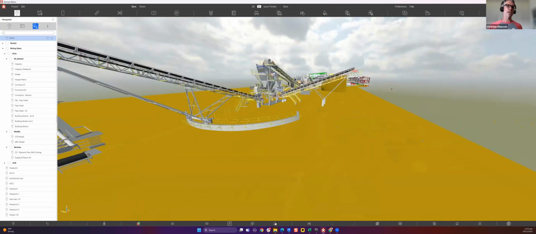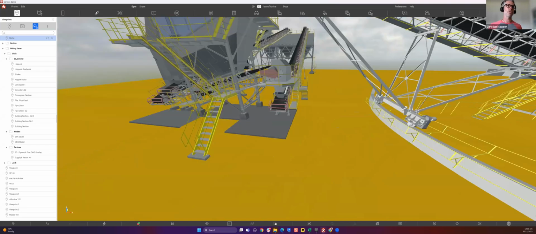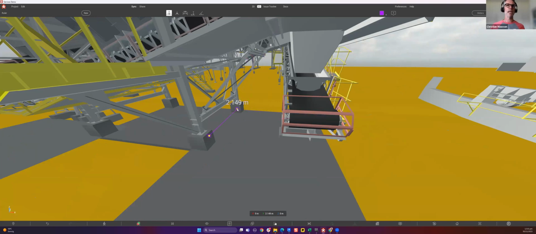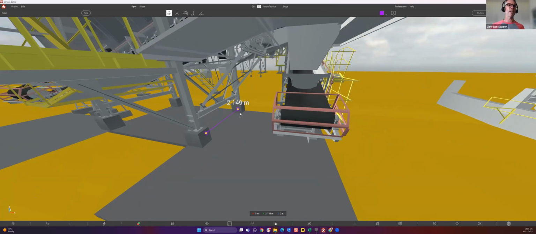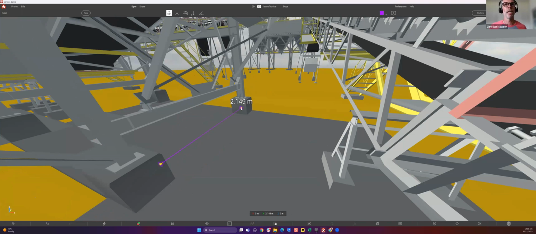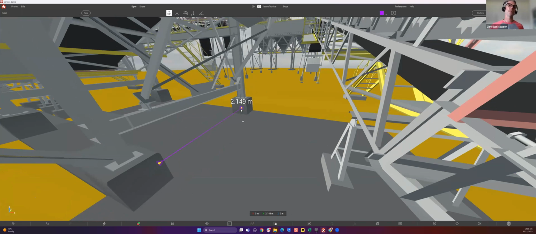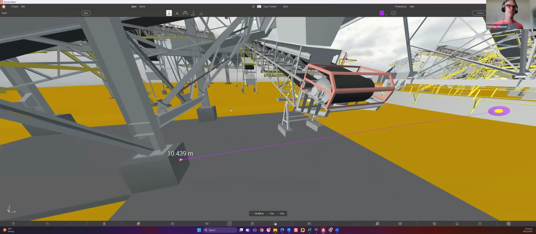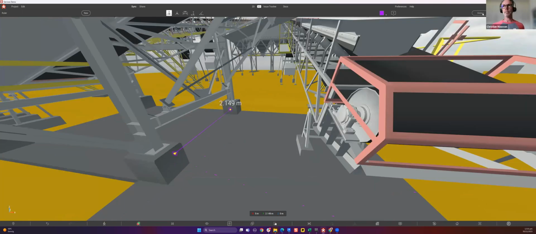Some of the other tools that we've got, very useful measure tools. Let's have a look at these now. We've got 5 measure tools in here. First one we'll look at is the laser ranger. Basically shoots a laser from one surface to another. I can just simply drag this from one element to another to get the horizontal dimension in this case, or double click. I can change the units, I can change the color, I can save this